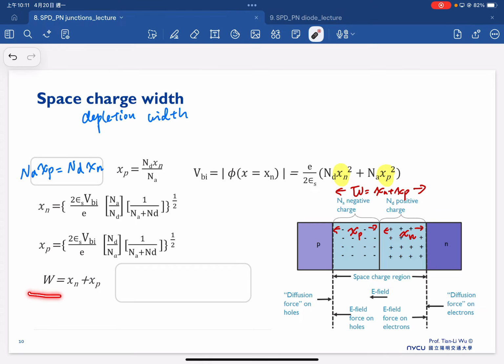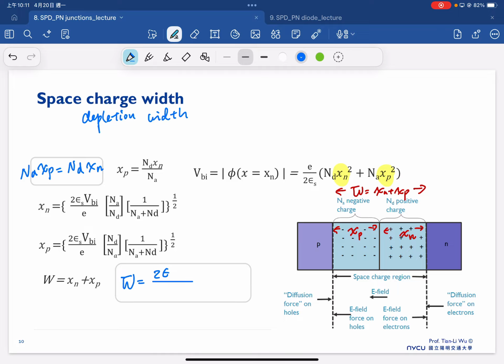Therefore, the total space charge width is Xn plus Xp, which is equal to